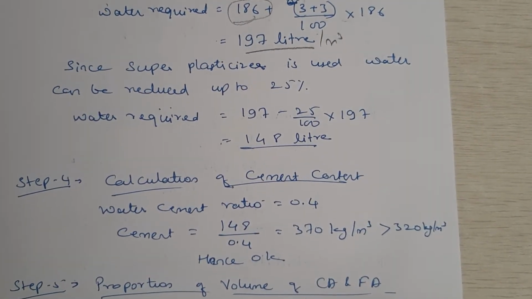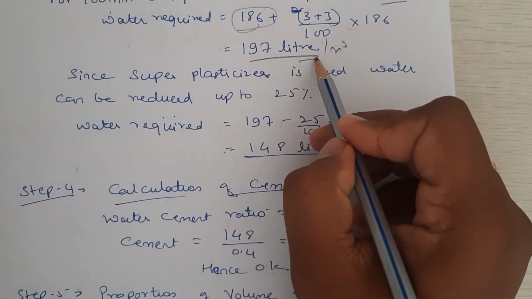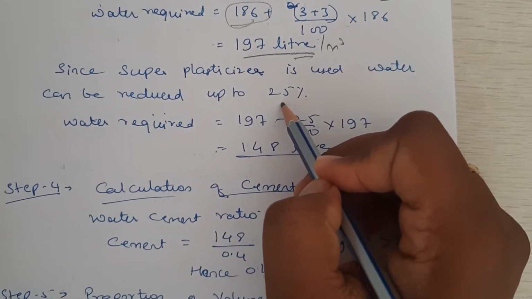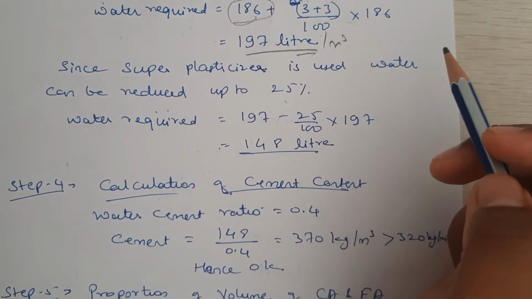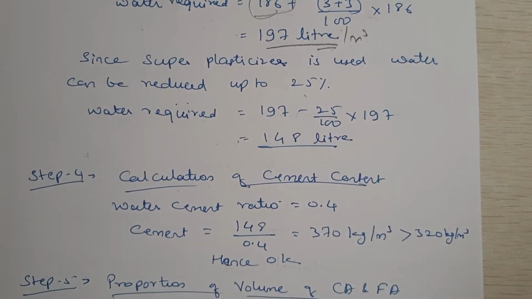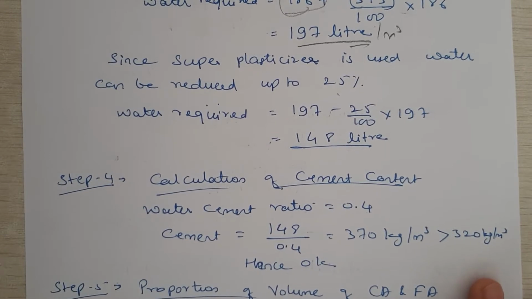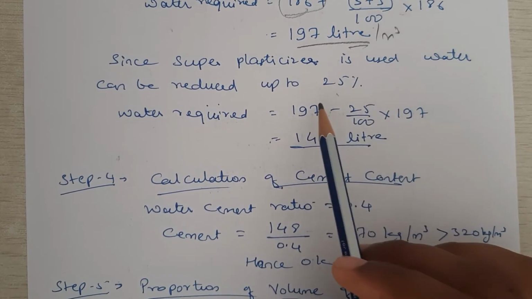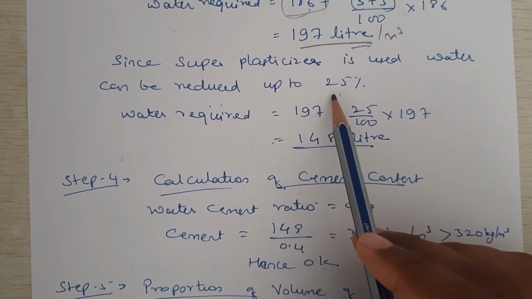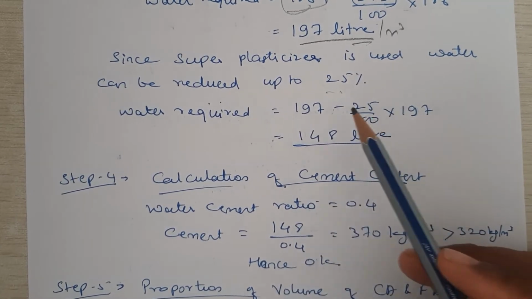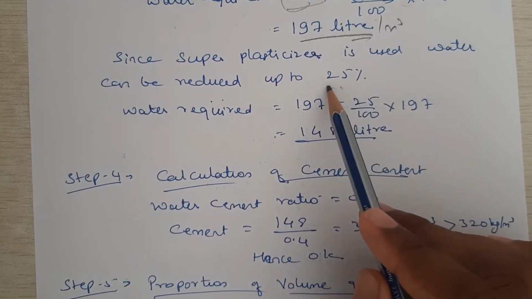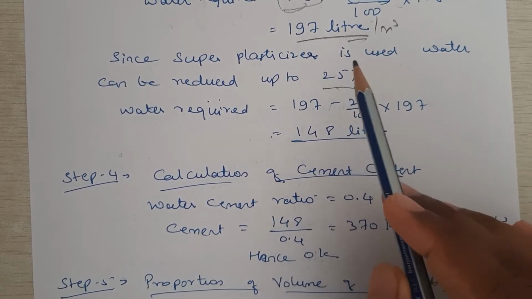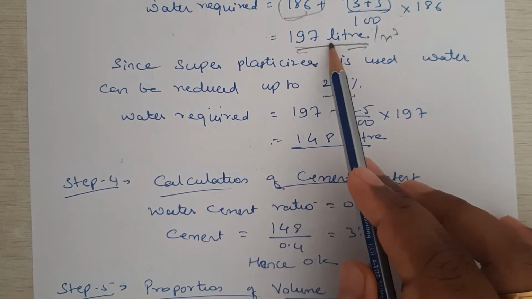Since this is without adding the plasticizer, but we are adding the plasticizer, right? If we add the plasticizer, what will happen? Workability of the concrete also increases. In that case, plasticizers we are adding to reduce the water content in the concrete. So how much to reduce? As per the guidelines of the IS code, it should be more than 20%, or as per the experiments, if you have considered the super plasticizer, we have to reduce 25% of water content from this value, that is the total water to be added.